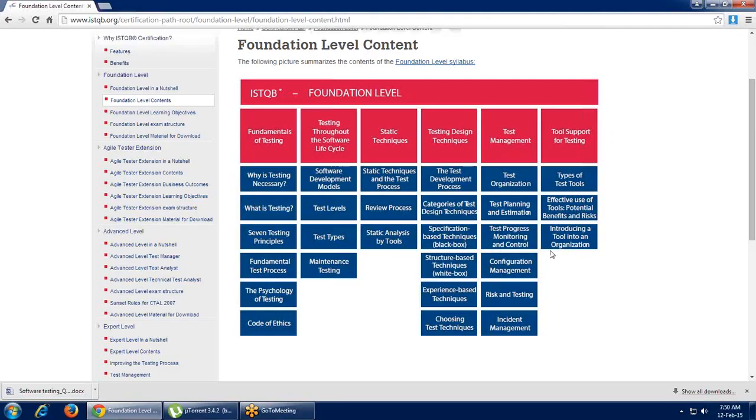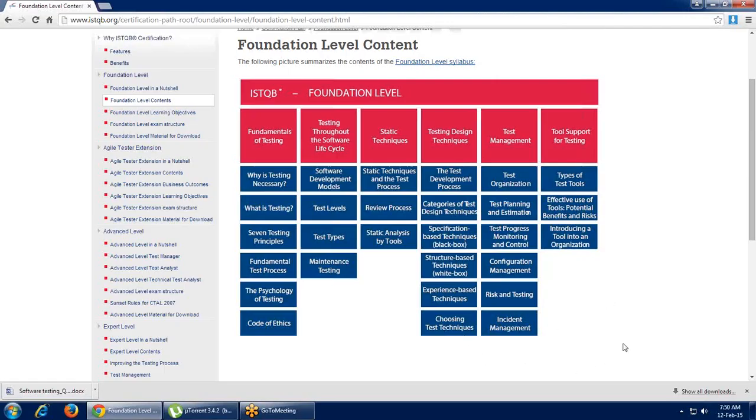Then configuration management is another interesting thing. In a company, for the same project, there are many people working, so how do we make communication work well? We will use some kind of configuration tools where they can manage all the centralized code in one place. That is configuration management. Then risk and testing, which we'll see in detail as well: whenever we are doing testing, what kind of risks do we have in our application.